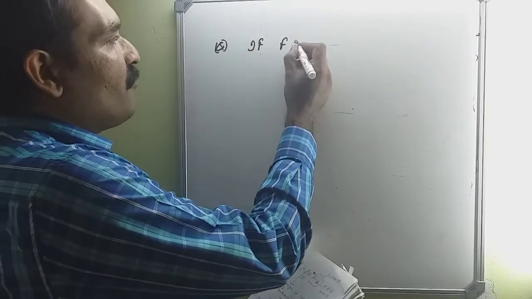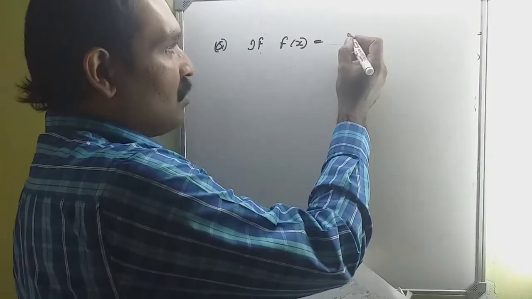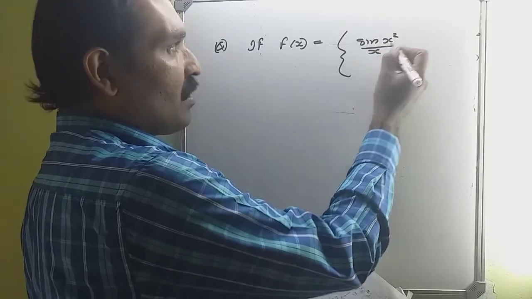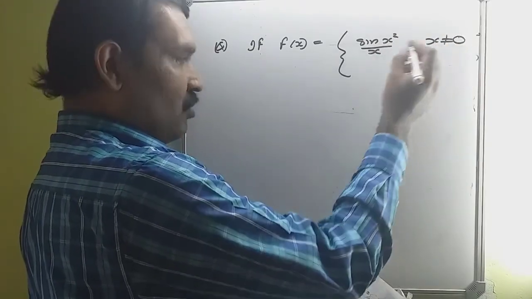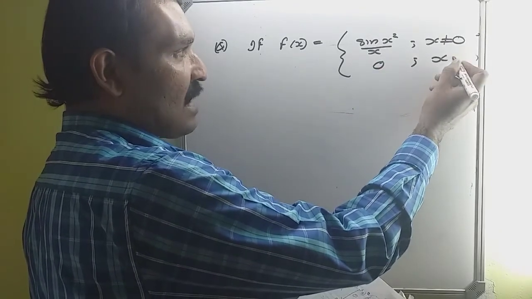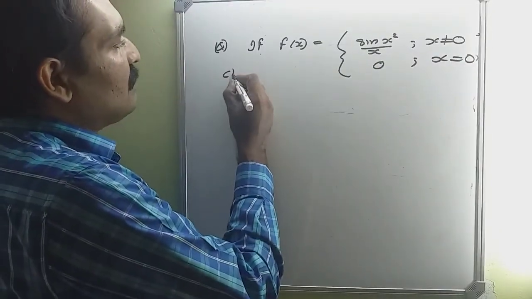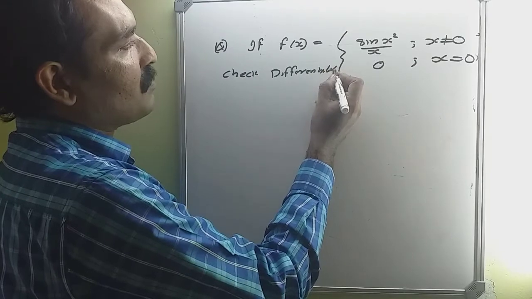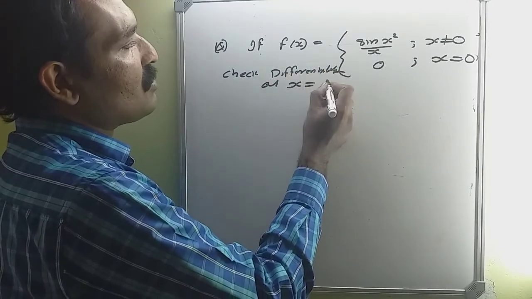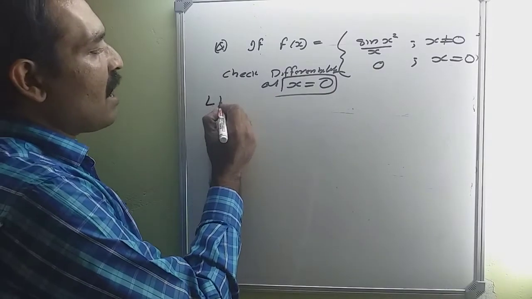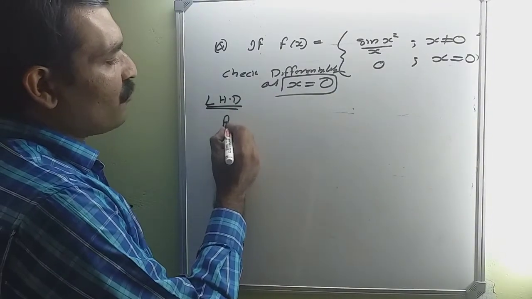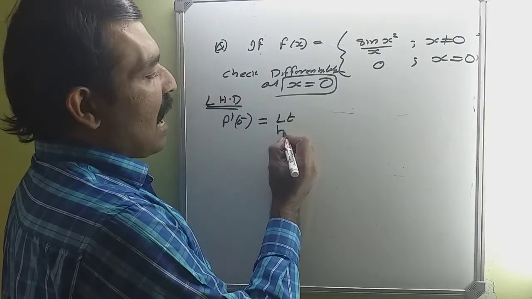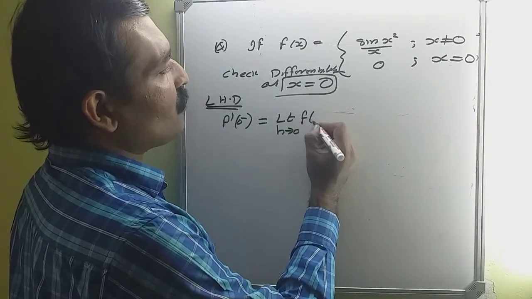If f of x is equal to sine x square by x, if x is not equal to 0, and equal to 0 if x is equal to 0, check differentiability at x is equal to 0. Left hand derivative, that is f dash 0 minus, is equal to limit h tends to 0, f of 0